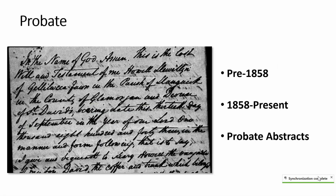Now, probate records are one of my favorite resources, especially for Wales, and we'll talk about some of the reasons for that in a minute, but they are available online for the pre-1858 time period and the post-1858 time period. So in 1858, there was a change. Before that date, the Church of England managed all probate matters in England and Wales. After 1858, the government took that over, and the indexes are better. The information that you get to help lead you to those probate records can be a little bit better in many cases. With Wales, we have probate abstracts that really help simplify things